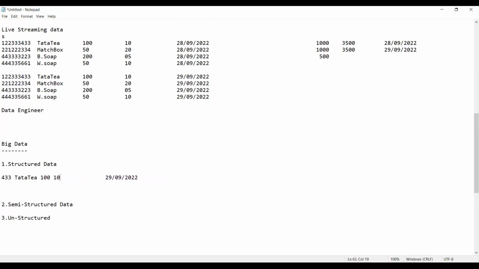Structured data is nothing but data recorded in the form of rows and columns. Whereas semi-structured data is the data recorded in the form of JSON files, then data recorded in HTML files, or in XML files.